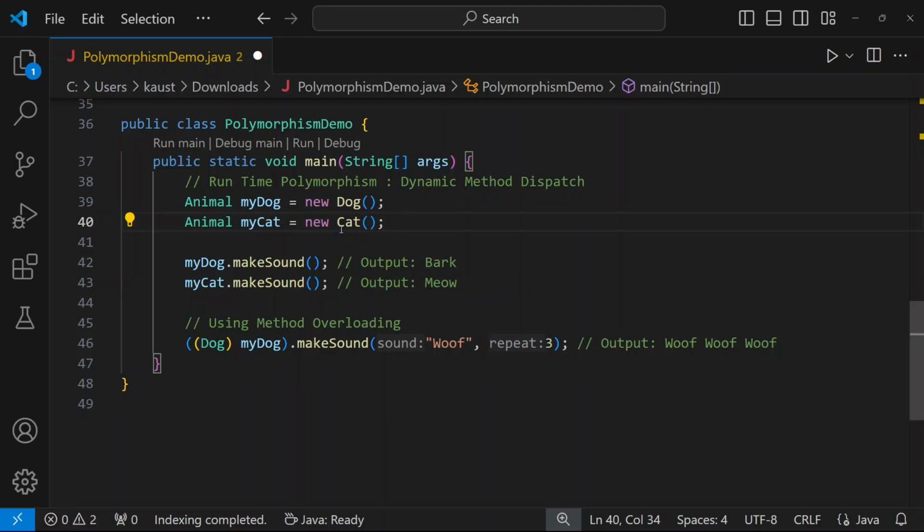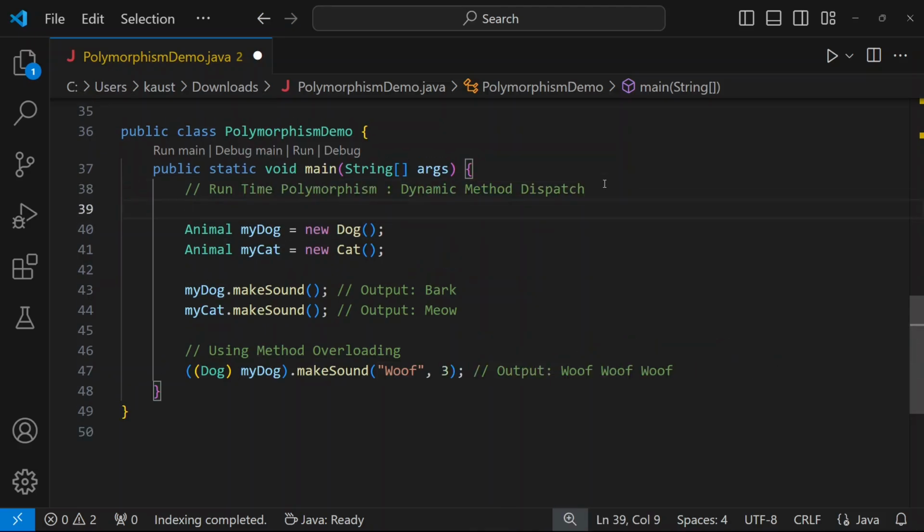Now here, if you see, I'm saying myDog.makeSound and myCat.makeSound. So the method call is exactly the same, but the output will change because the object is different. So myDog is pointing towards a Dog object here, and myCat is pointing towards a Cat object here. Now things become even more interesting if, instead of doing it this way, what I do is